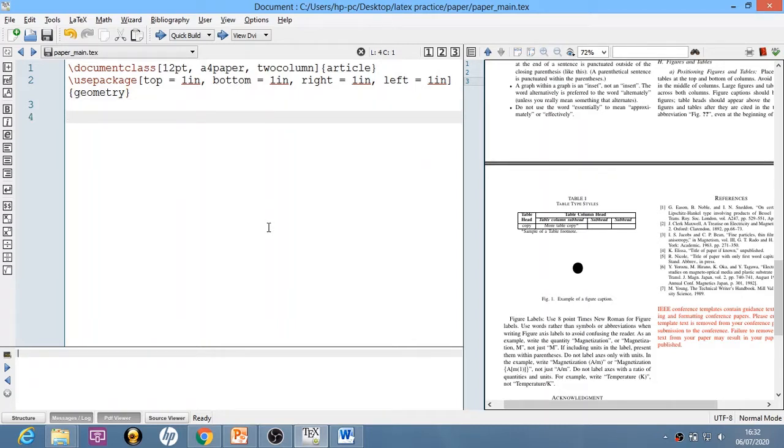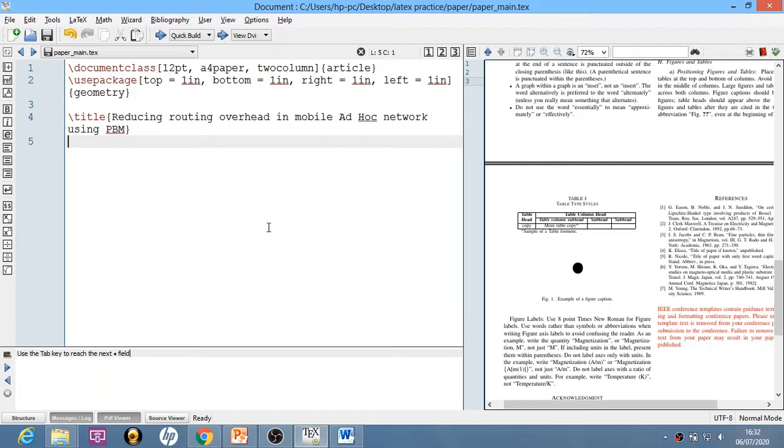Then while writing the paper we have to mention the paper title, the author's details and the date. So we will write the title of the paper. Okay, this is my title.